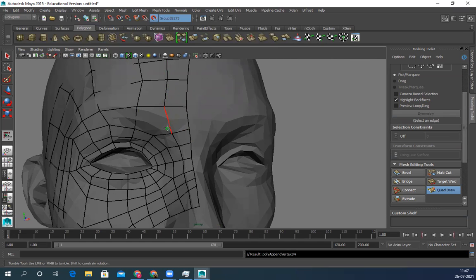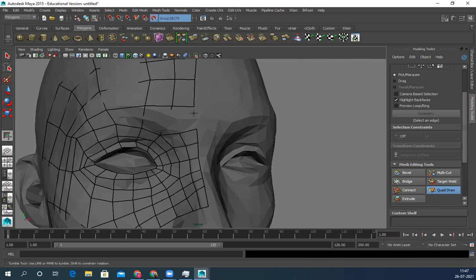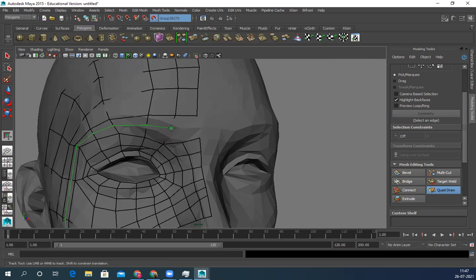So here you can see there is a triangle generating. So that means I have to fix it. Near the face, front side, there should not be any triangle. Quad.